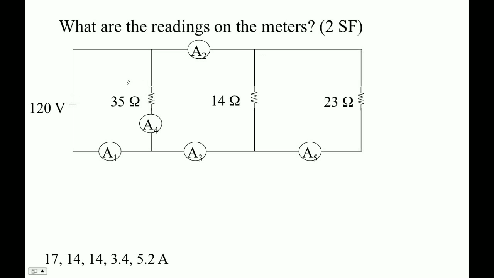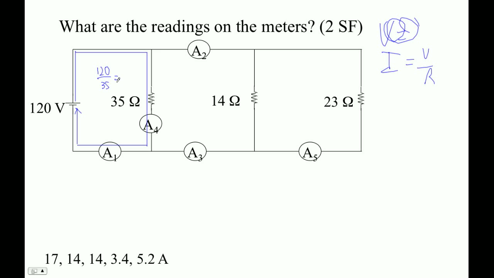Okay, so let's figure out this parallel circuit. The first thing I'm going to do is draw and trace the current. One current goes here, and then back to the battery. That current there is 120. The formula here is V equals I R, so I equals V over R. So 120 divided by 35 equals,